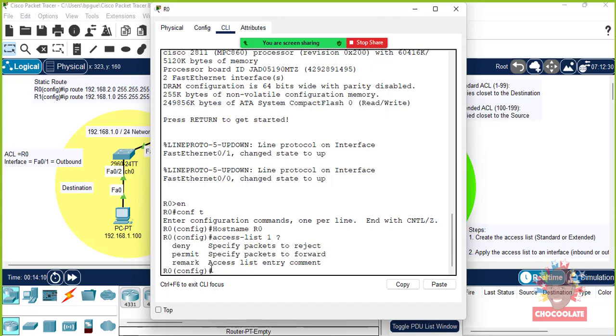So what we will do now is first and foremost deny the 2.101 network. We can start it off by saying this. Now, I will go access list entry. I'll go access list, and I'll put 1 because I could choose any number between 1 to 99 for my access list. So this is my first access list, and I'll go deny, and I'll type the IP address